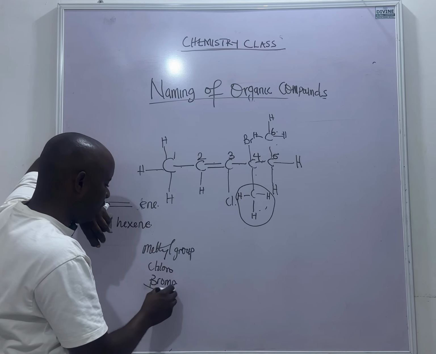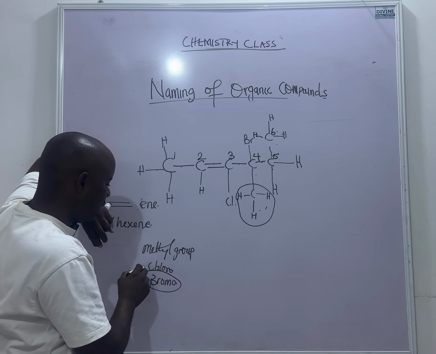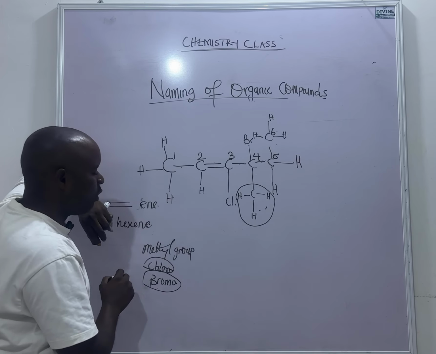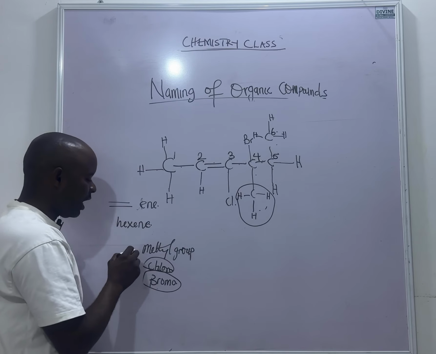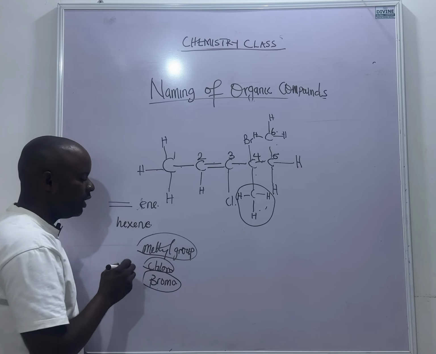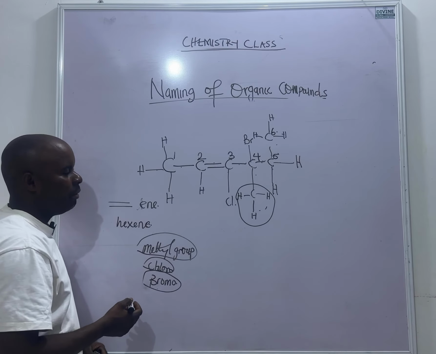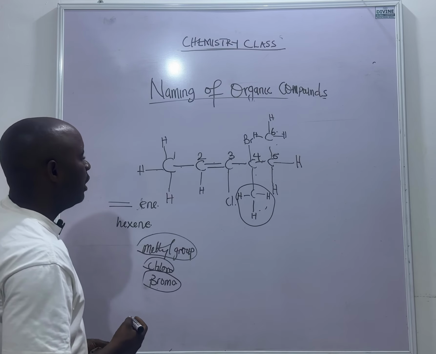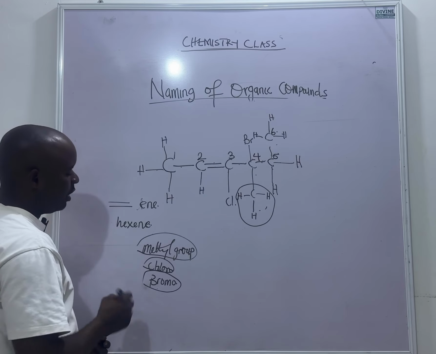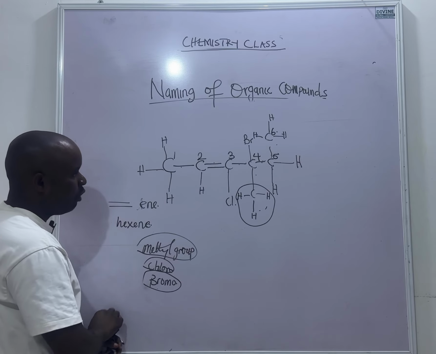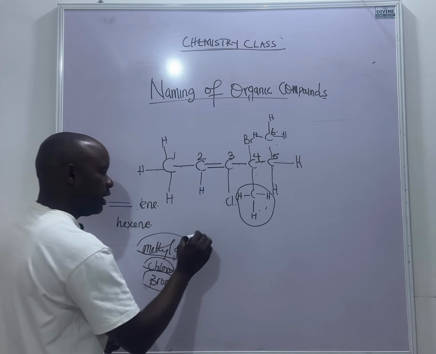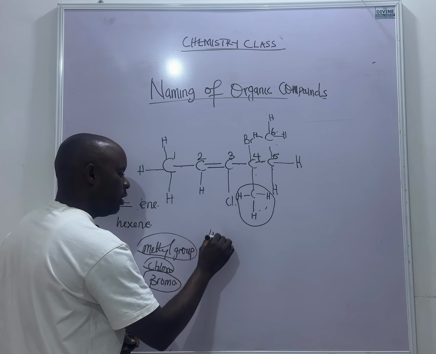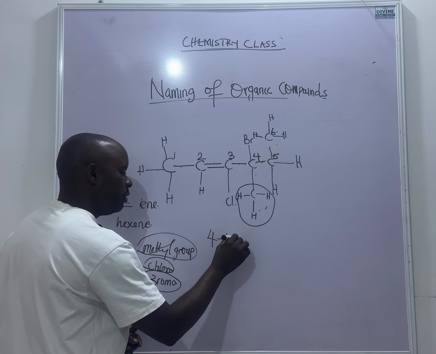So the bromo will come first, followed by chloro, alphabetically. If there are more than one substituent, we use the alphabet to arrange them. So bromo will come first. We can say we have 4-bromo,